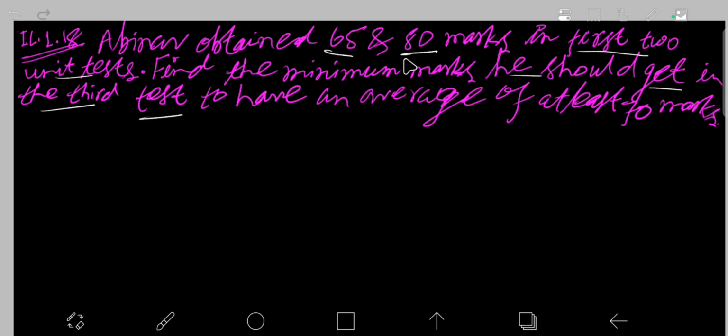to have an average of at least 70 marks. At least 70 marks average means he obtained greater than or equal to 70, so Abhinav can get more than 70 average also. So here is one clue for how we solve it: firstly we let the third test marks